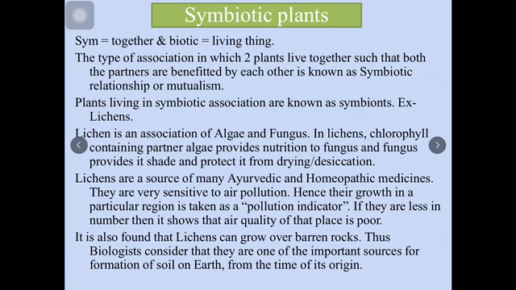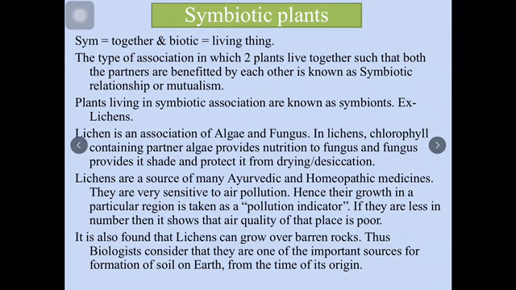Then the last type of heterotrophic plants are symbiotic plants. Symbiotic is made from two words, where sym means together and biotic means living. So when two living things, whether plant or animal, live together such that they are helpful to each other, they are called symbiotic plants. And the organisms living together are called symbionts. This particular portion is very important from your examination point of view. It is very easy to understand the symbiotic relationship.